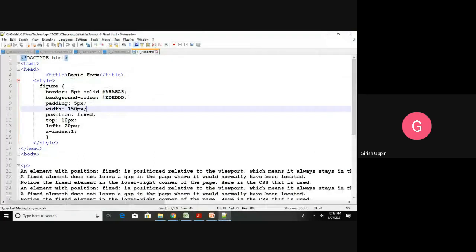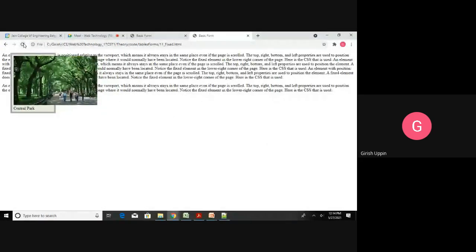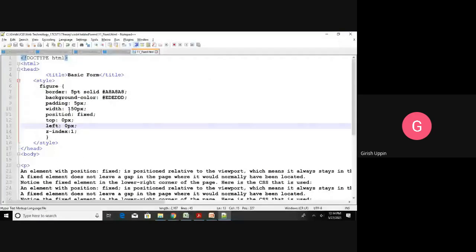If you don't want that, you can say 0 and 0. So it is positioned according to whatever the left corner. Okay, we have padding and all those things, that's why you are seeing there is a little gap. If you remove everything, padding, width and everything, it will be fine.